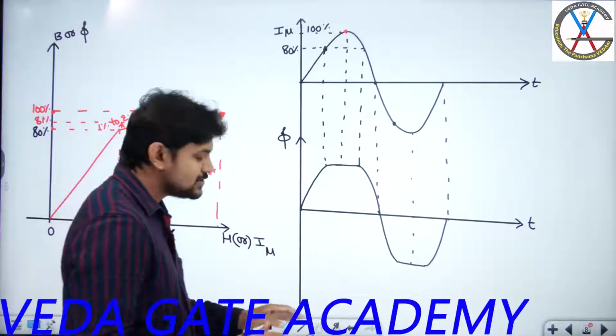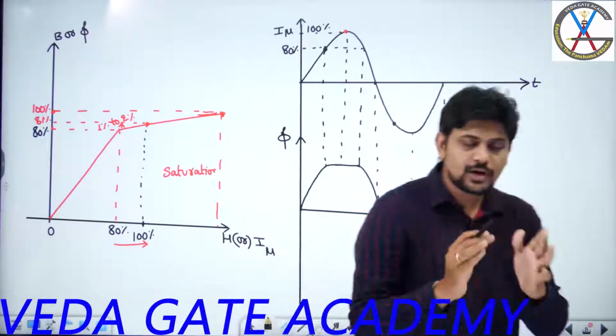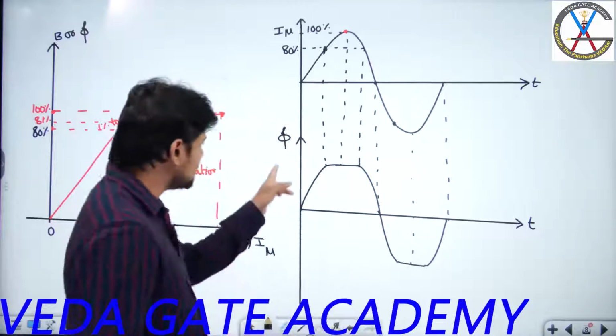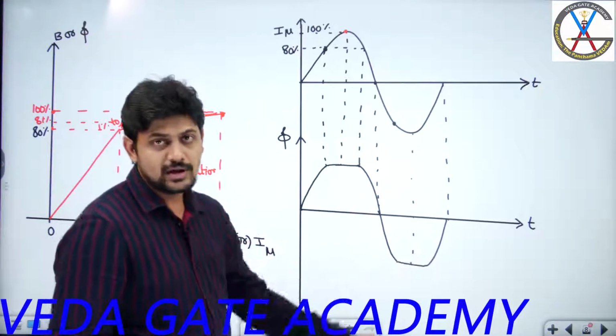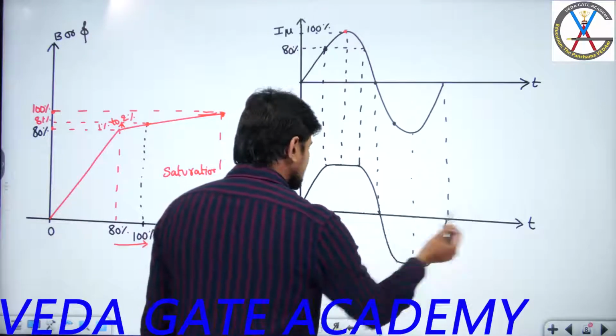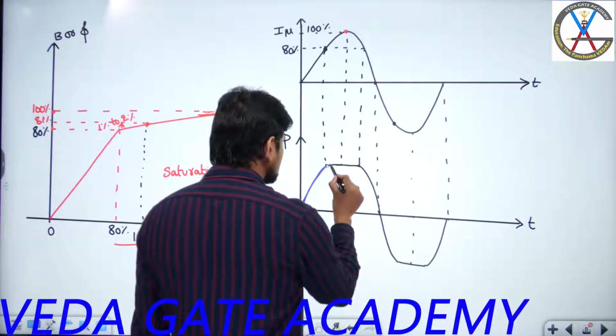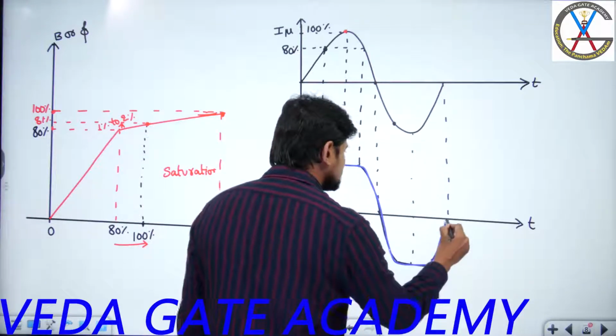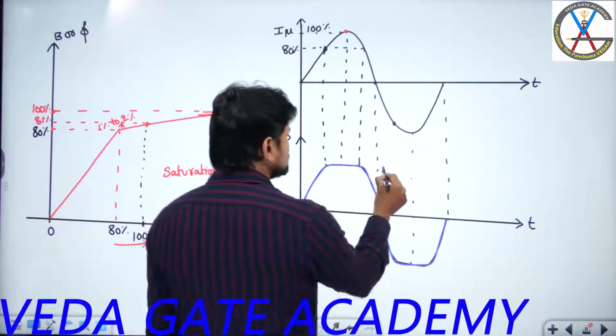So the conclusion what I would like to say from here is, have you understood this point? Suppose the dominant third harmonic component of current is missing in the I mu waveform, then the resultant shape of the flux becomes non-sinusoidal. And what is this shape, guys? Let me use a different color. If you clearly observe this shape, this is a non-sinusoidal shape.